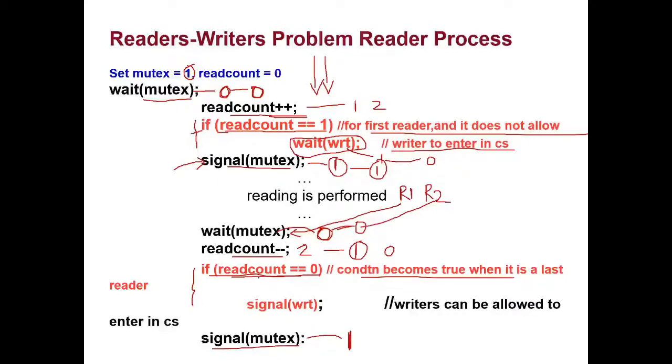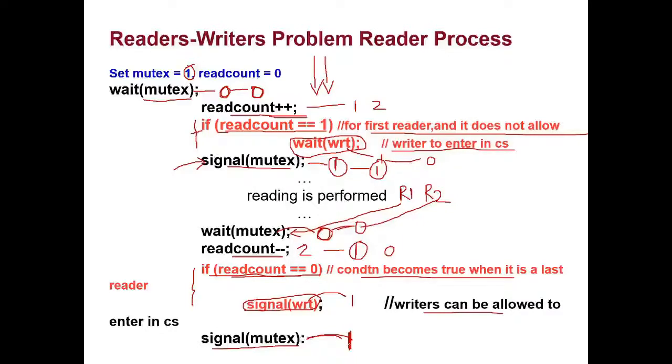So now it is the responsibility of the last reader to unlock the writer process. Now the last reader is coming out, and the other writer process can enter into the critical section. So it is releasing the lock. From 0 it is going to make the writer variable value 1, so that another writer process can enter into the critical section. Now the writers are allowed to enter into the critical section. And again it is going to release the lock and the reader comes out.